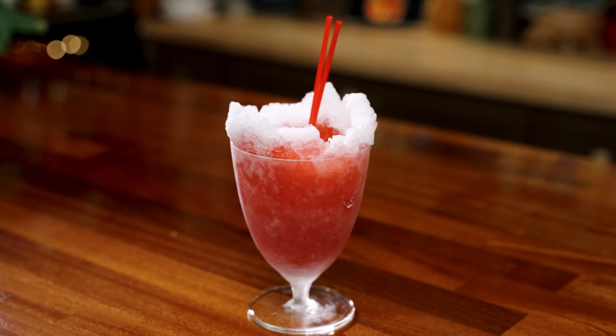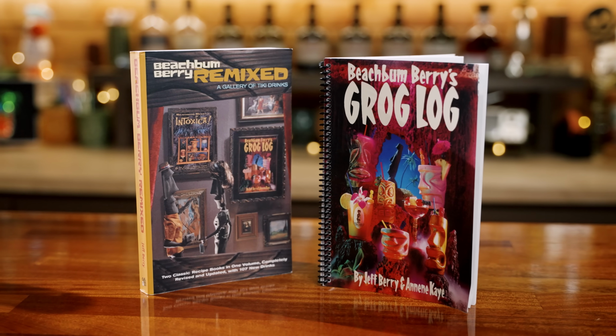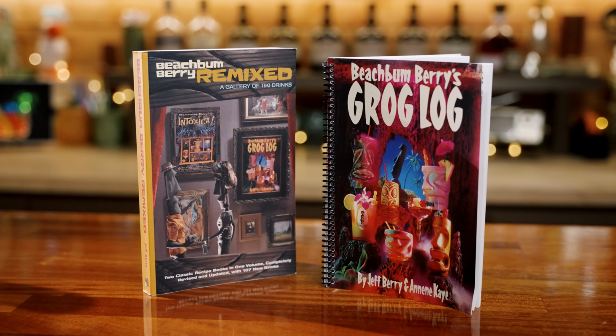Today we're making the Shark's Tooth, a Don the Beachcomber original that you can find at Beach Bum Remixed or the original Beach Bum Berry's Grog Log. Those recipes call for a little bit of maraschino cherry syrup, some simple syrup, and then a float of rum. But I'm revising this. Not that there's anything wrong with those original ones, but I just so happen to have